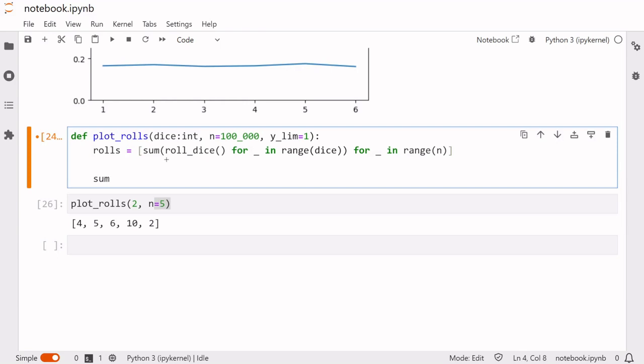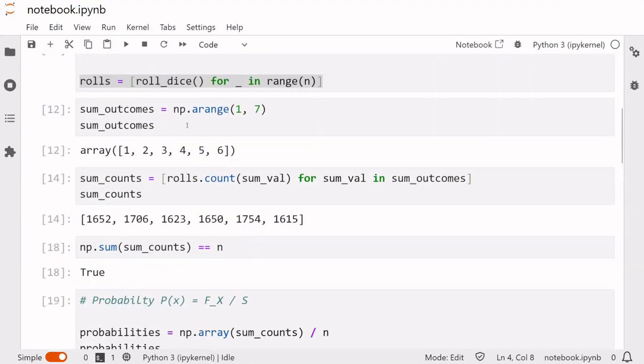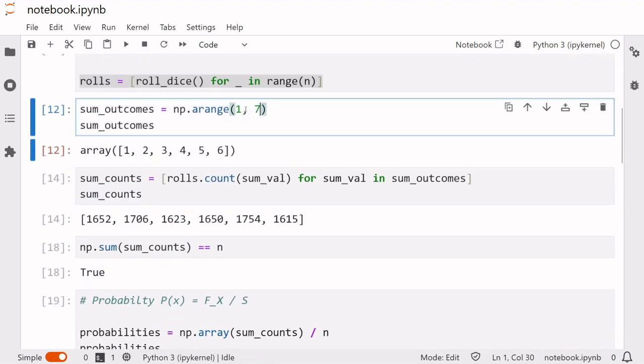Let us programmatically define the range of our dice. Here, we arranged 1 to 7 because we knew beforehand that one die will give us a range of 1 to 7. What about 2 dice though? 2 dice would have been 2 to 13, and then 3 dice would have been 3 to 19. Noticing the pattern here,